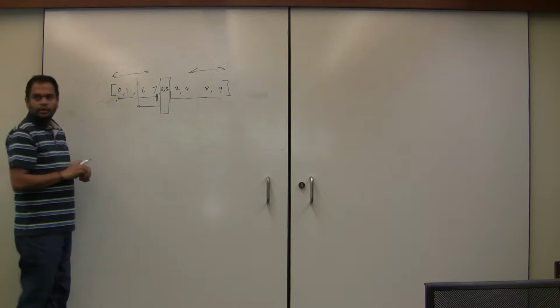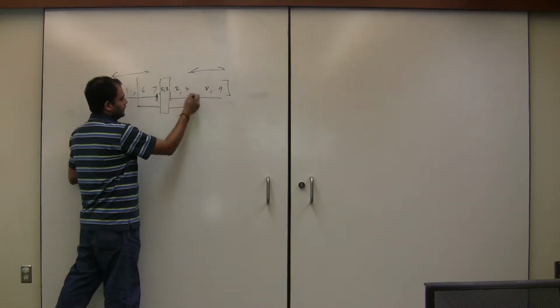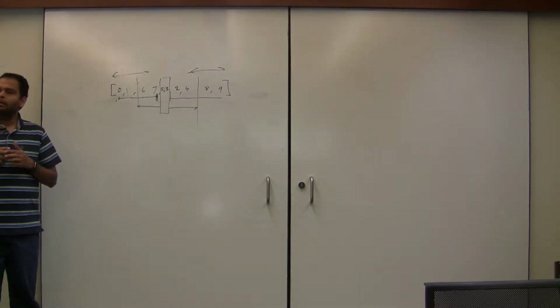Right. Okay? And then what do I need to do? Expand it all the way to the right till I find all the maximum numbers that are less than 5. But then again we have to keep doing it. Why? Because now